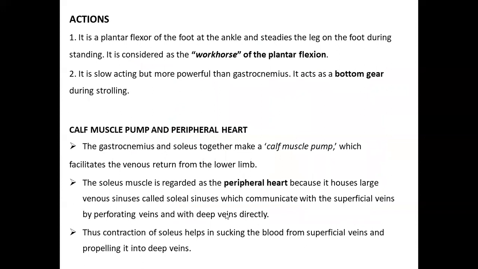So I said the gastrocnemius and the soleus together make calf muscle pump, which facilitates the venous return from the lower limb. The soleus muscle is regarded as a peripheral heart because it houses large venous sinuses known as the soleal sinuses. These soleal sinuses will communicate with the superficial veins by perforating veins and with the deep veins directly. Thus, contraction of the soleal muscle helps in sucking the blood from superficial veins and propelling it into the deeper